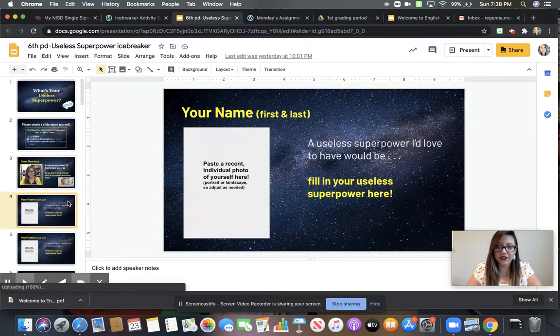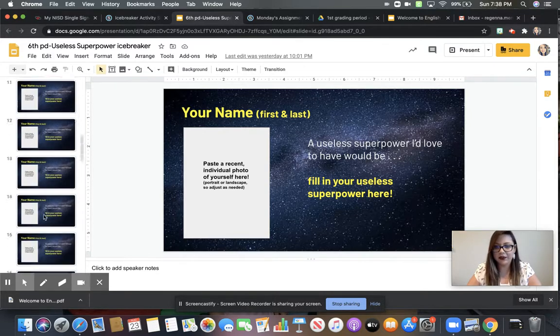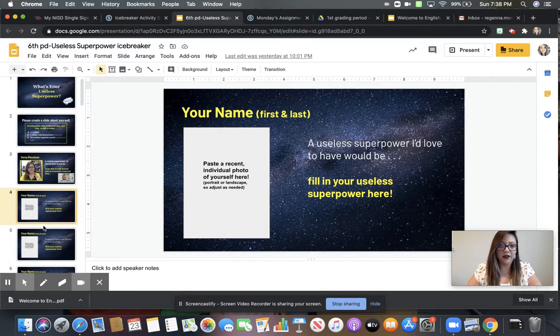Next slide, whatever slide is open, go ahead and take it. Once it's been claimed, don't edit over somebody else's slide, and keep going. There's about 35 different spaces, so just find one and put your information. Feel free to sass it up however you'd like. These 3 things are the minimum: your name, your picture, and then what is your useless superpower. So once you've done that,